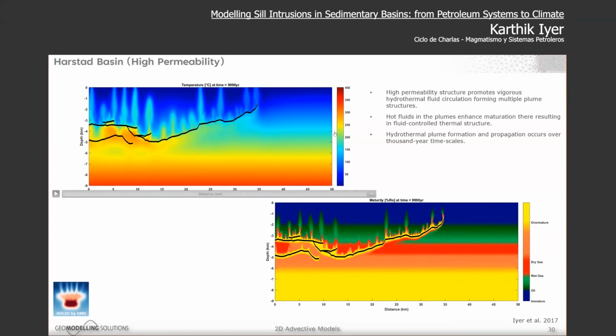But again, these are more or less 1,000-year timescales. They're pretty slow. And if this occurred everywhere, if this kind of system was present, we should have been expecting to see hydrothermal vents everywhere in the seismic with perturbed sediments everywhere. But we only see them here at the tip of the sill. So that was not working as well.